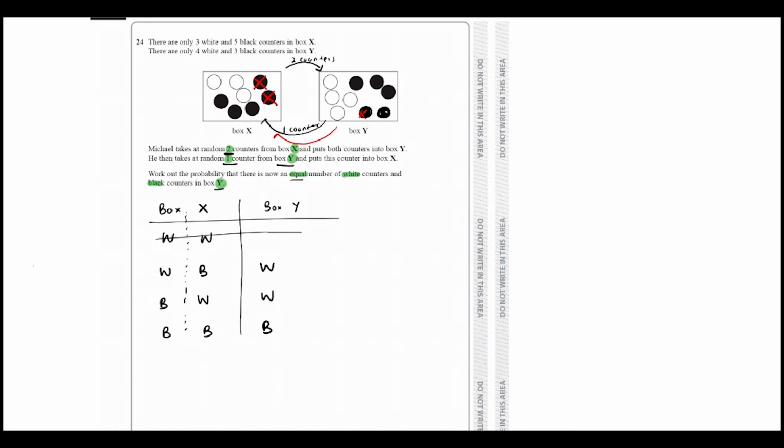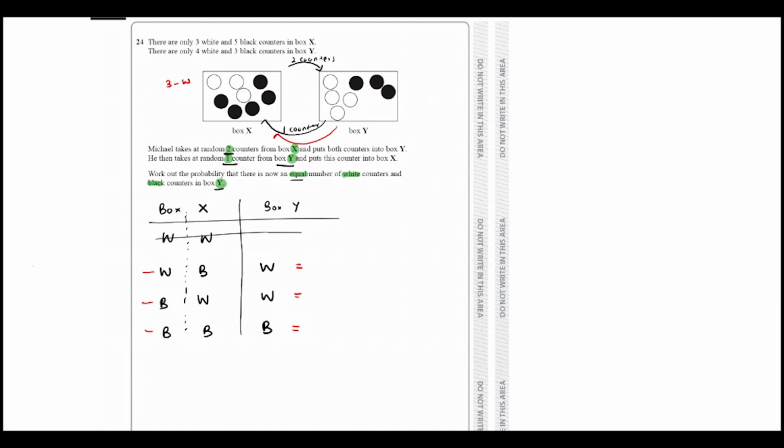So you can see I have 3 possible paths. So along each path I have to multiply and get the probabilities. So let's start. The first path, taking a white from box X. So we have how many whites? We have 3 whites, and we have 1, 2, 3, 4. I'll erase all of that.